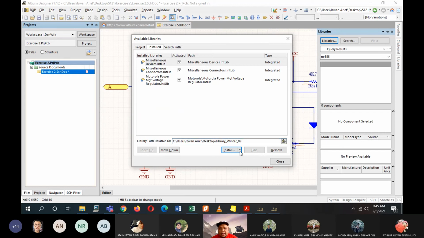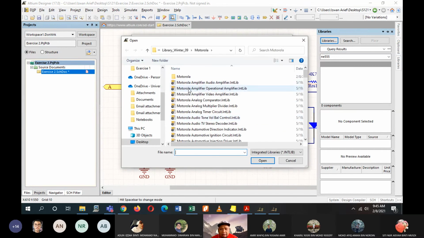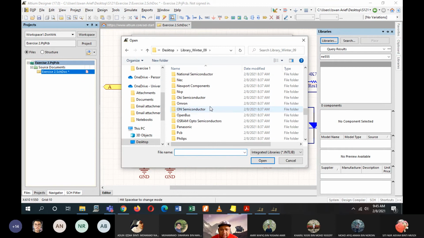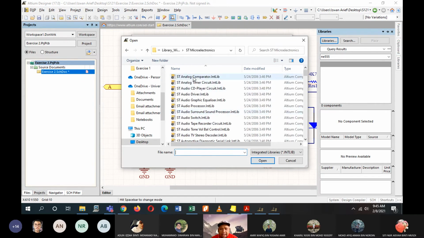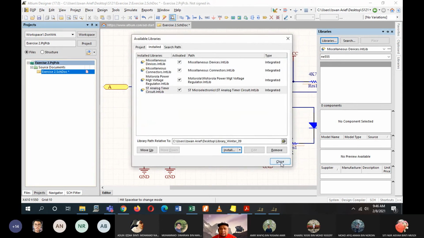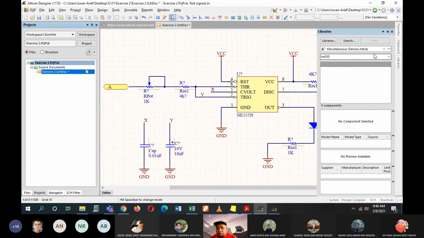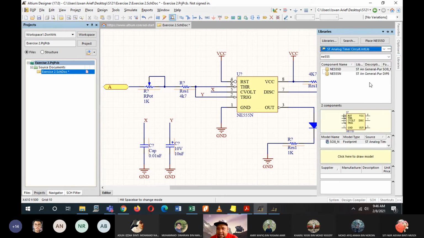Make sure in the library winter online, install from file, and then click on Motorola. Click on ST Microelectronics, open ST Analog timer circuit, and then open. Once it's there, click close. You can type NE555 in the ST Analog Timer. There, it is here. I think this is the easiest way for you to look.